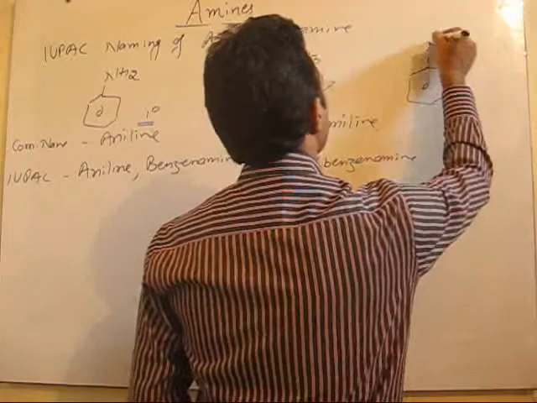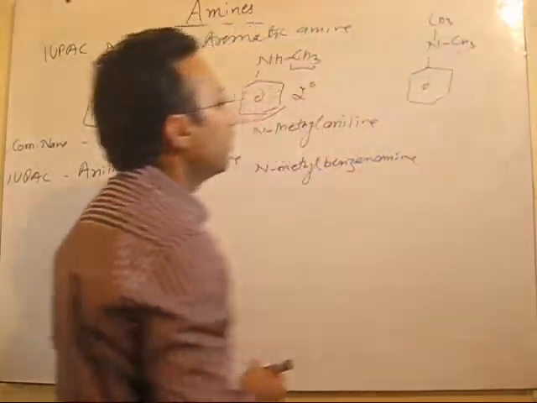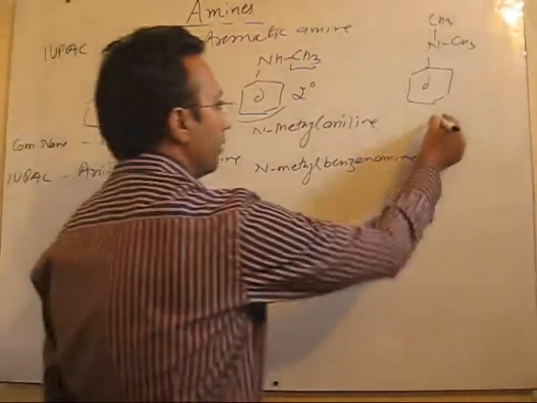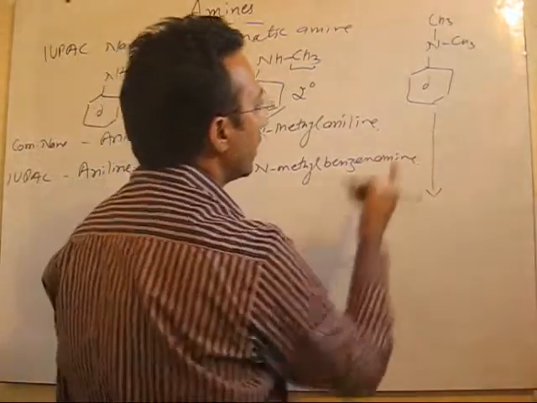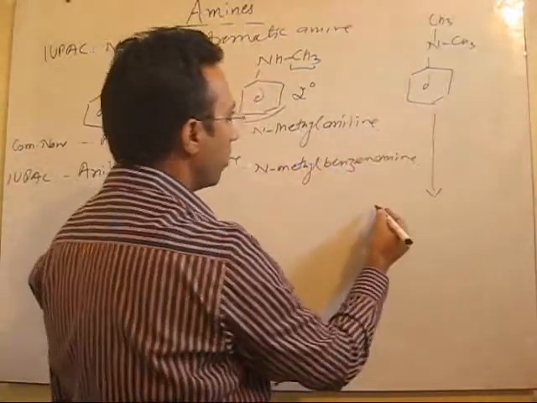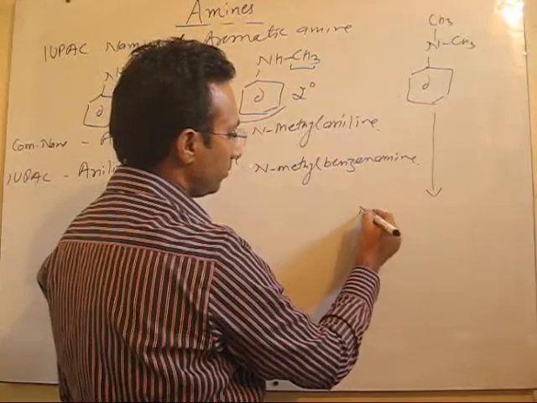Let me take one example of tertiary here. CH3, suppose this is the example. Now for this case you will see it's again taken as a derivative of aniline. The common name for this is N,N